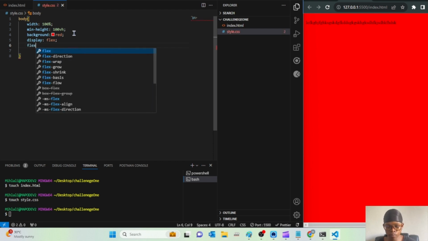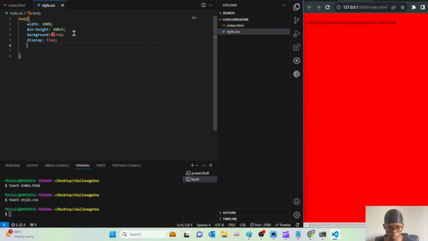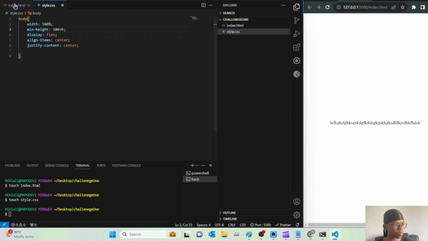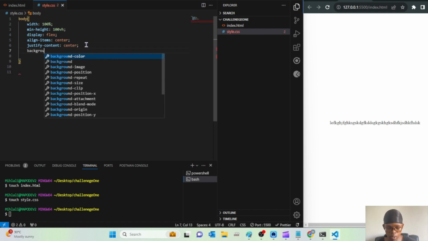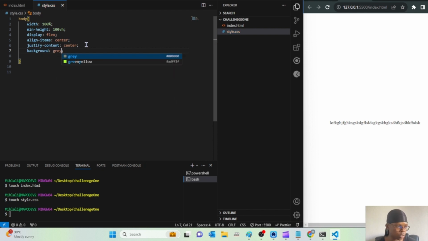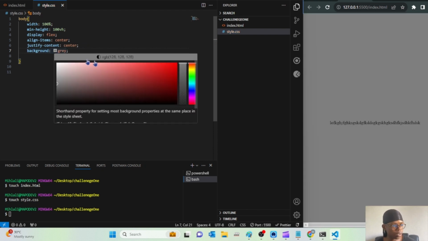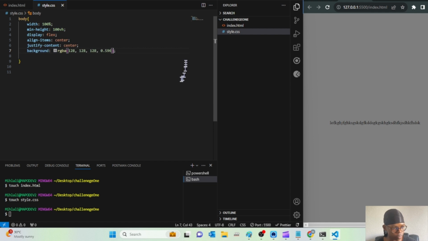Display flex. Do I need to give it a flex direction? No, because it's the body, I don't have to. So I'll just align my items centrally and I'll justify the content centrally. Cool, now everything is in the middle, right? So the body background there can go. Cool, now I have this parent element that I want us to see. Actually, now that I think about it, the background on that picture was a bit grayish. That's a bit too much of a gray, so let me drop the opacity,